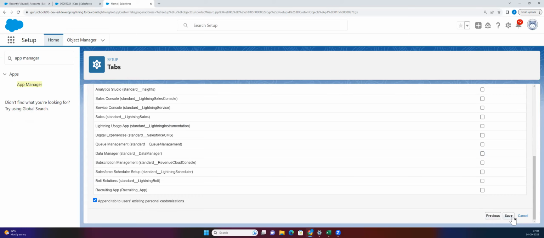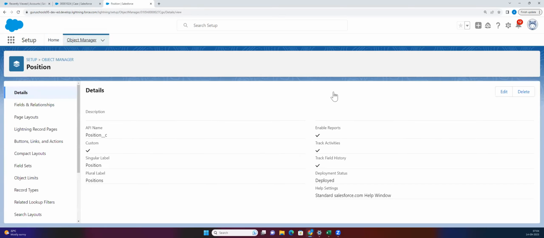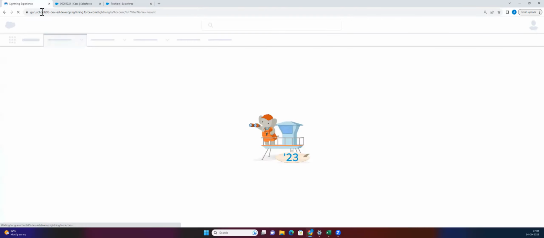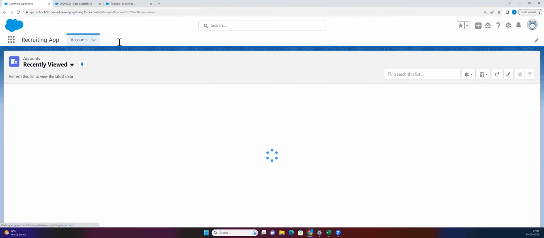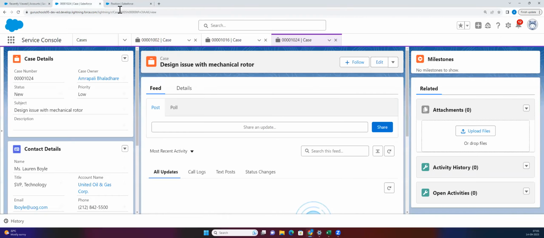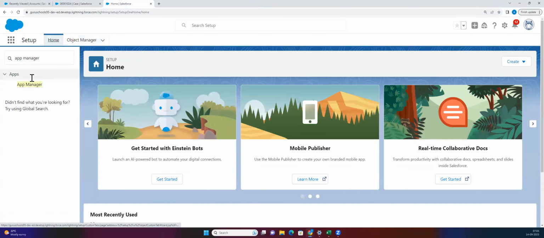I'm going to save this. So I have not added this tab in any other application, or even the Recruiting App. So if I refresh this, it will not show any Position tab. Now we are going to add that tab